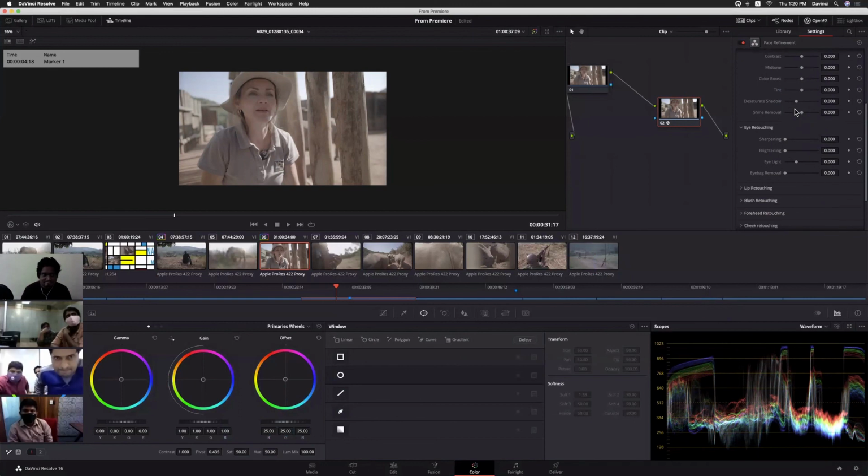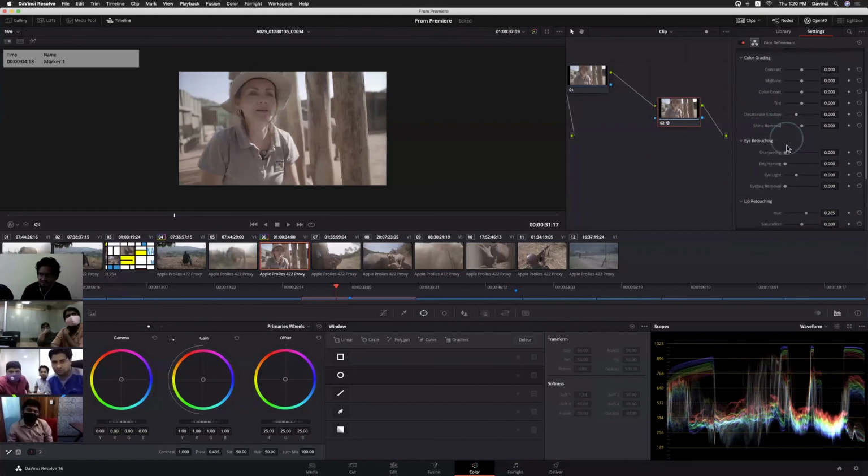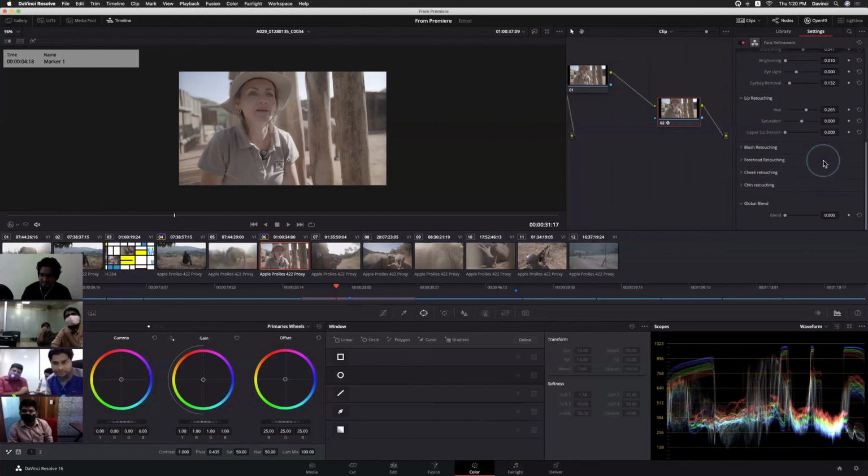The lips color and everything, maybe the eye sharpening. What was the name of the filter? Face refinement filter. Let me show you the difference also.